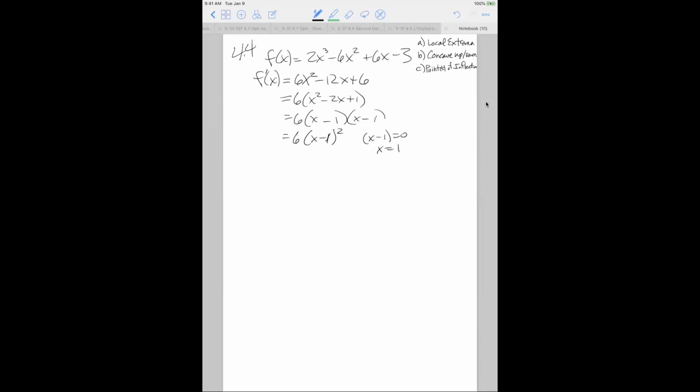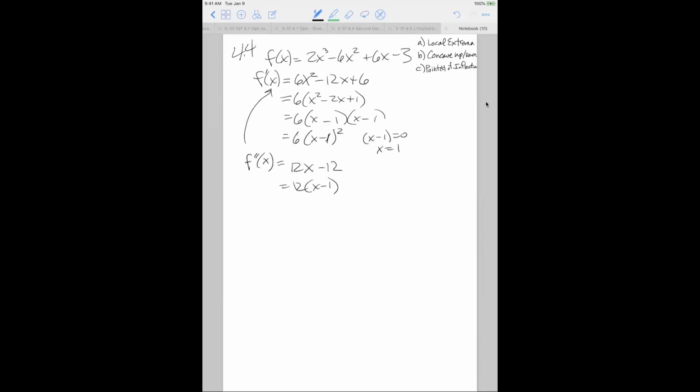So if I go now to the second derivative test, that's where we'll plug in the critical value into that and see if it's concave up or concave down. That's what the idea is. So one of the situations is that we need to take the second derivative. First derivative is here. So I take the second derivative. The derivative of that gives me 12x minus 12. 12 is common, so I get x minus 1. So with the second derivative now,